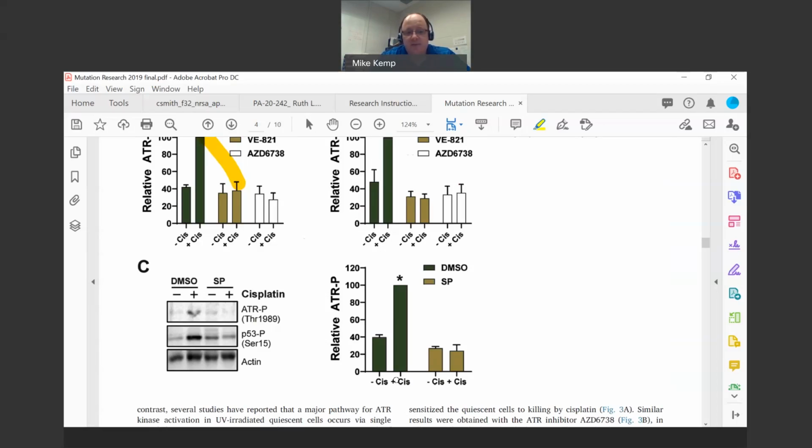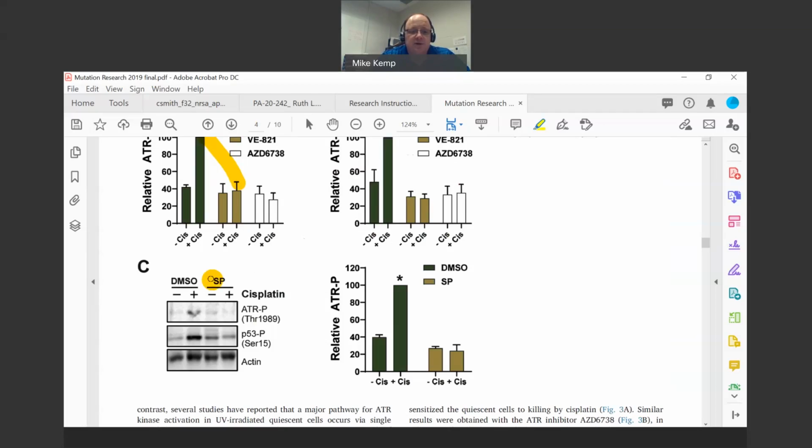So other data from my lab and others have suggested that nucleotide excision repair might be important in activating ATR in this state. Nucleotide excision repair is a system that cuts out bulky DNA adducts, including those induced by cisplatin and by UV, cutting out the damage in the form of a small DNA fragment. That leaves a small gap, about 30 nucleotides in length, in the genome, and that has to be filled in by DNA synthesis. Those gaps have been suggested by others to be a potential signal for activating ATR. And so we wanted to know if the ATR signaling that we're observing here in these quiescent cells in response to cisplatin is dependent upon nucleotide excision repair.